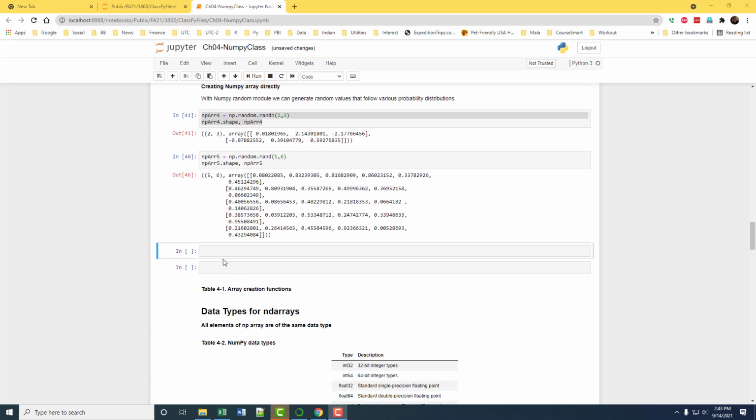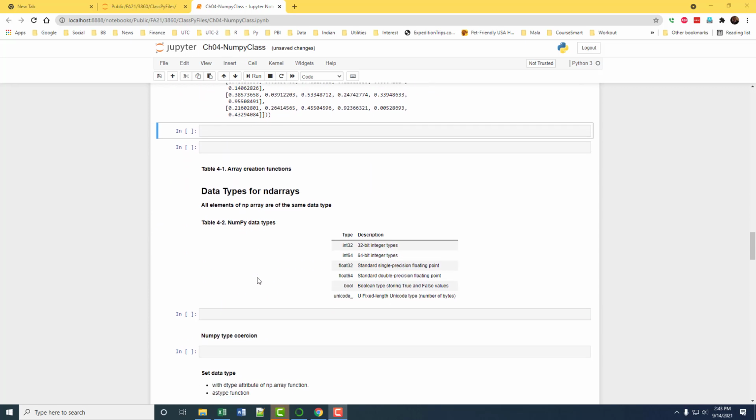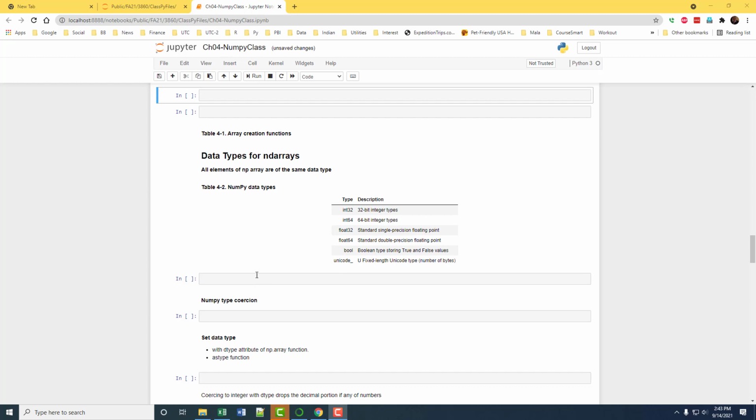Okay, now let's look at the different data types. Okay, so these are the data types that NumPy can have. So integer 32, integer 64, floating point, and then BOOL is Boolean, so it will be true or false. And then you have the Unicode here means string